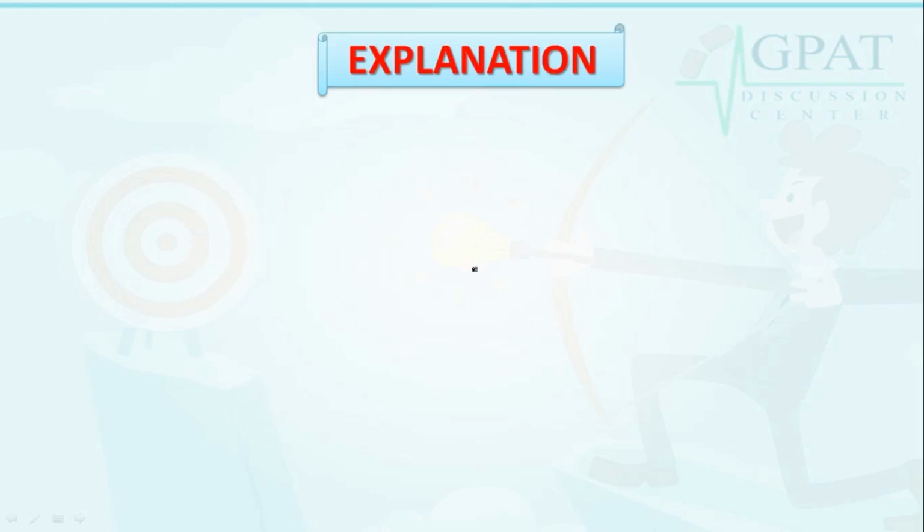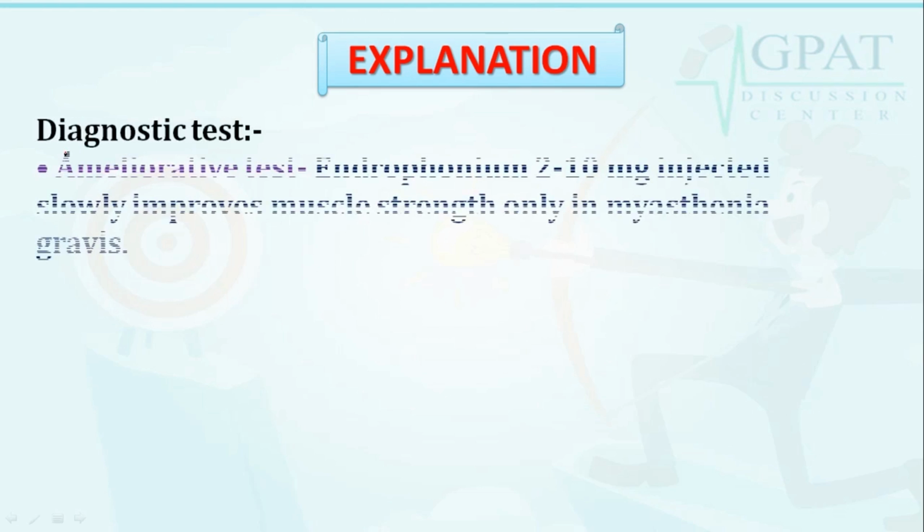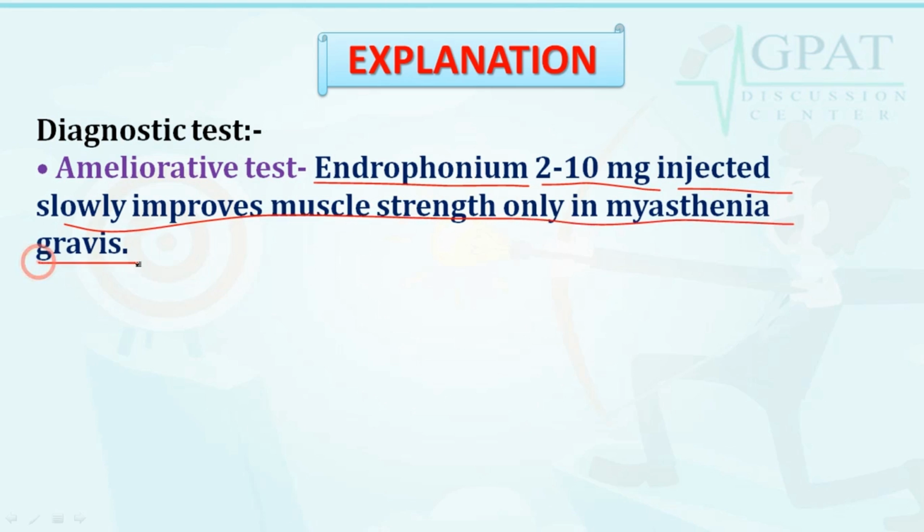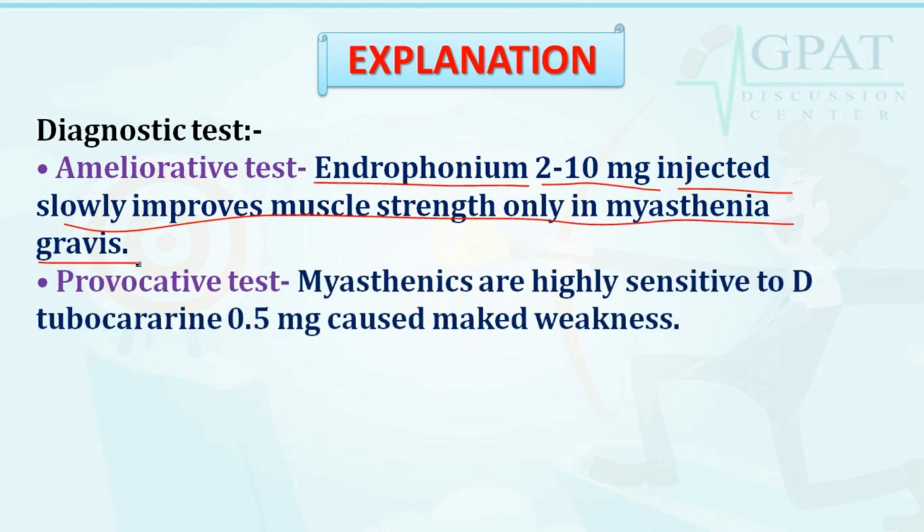So, Myasthenia gravis can be diagnosed by two tests. First, the ameliorative test. In the ameliorative test, mainly edrophonium is used, 2 to 10 mg injected slowly, to improve muscle strength only in Myasthenia gravis. And the second test is known as the provocative test. In the provocative test,